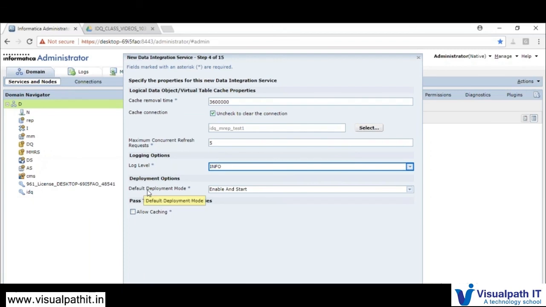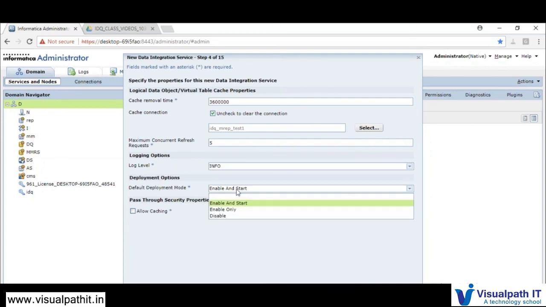And then the default deployment mode. So whenever the service is added, what action needs to be taken. Once your admin console is up and running, it should be enable and start. So that is what we are providing as the default deployment mode. Once the data integration service is picked with the domain, this is the action that needs to be taken care of.